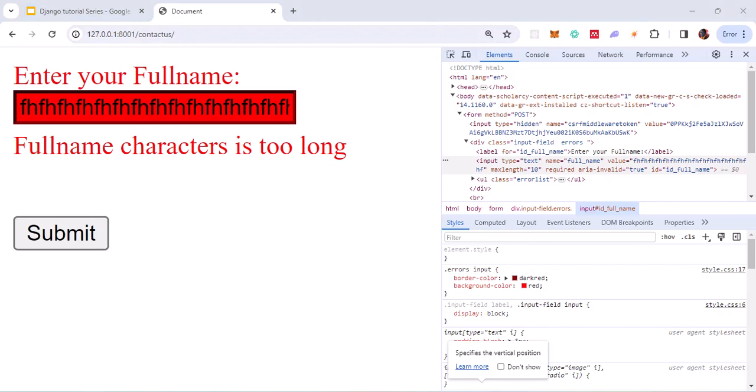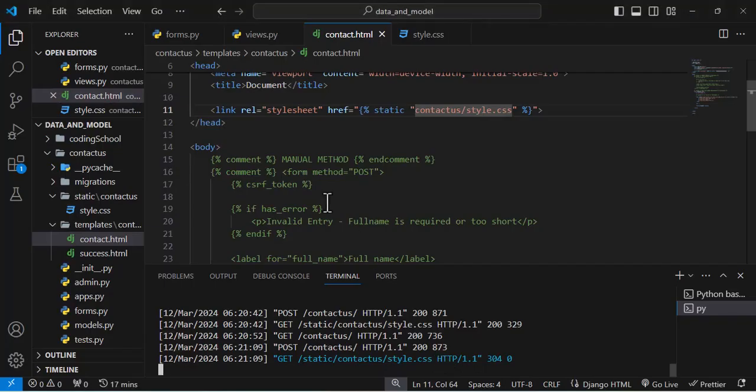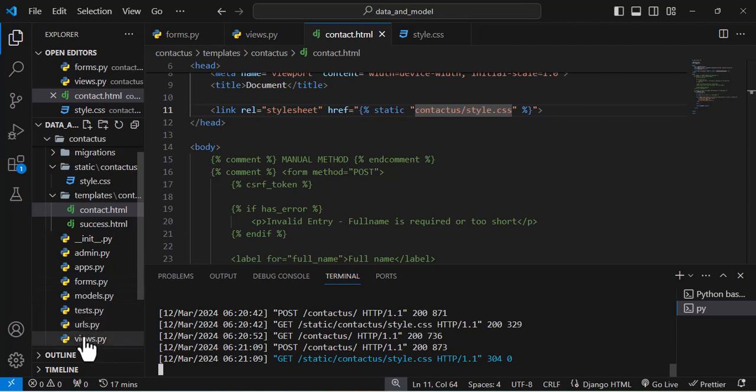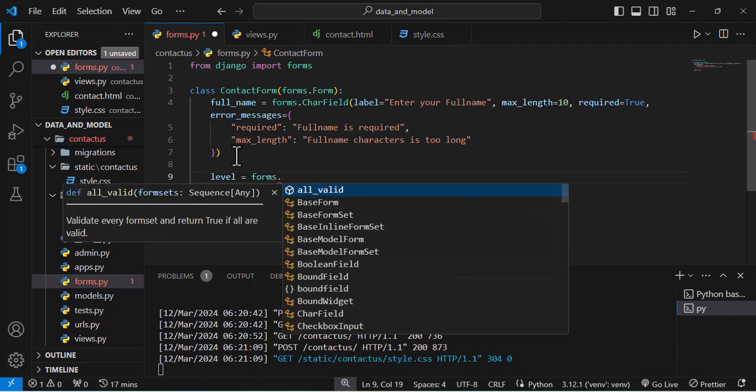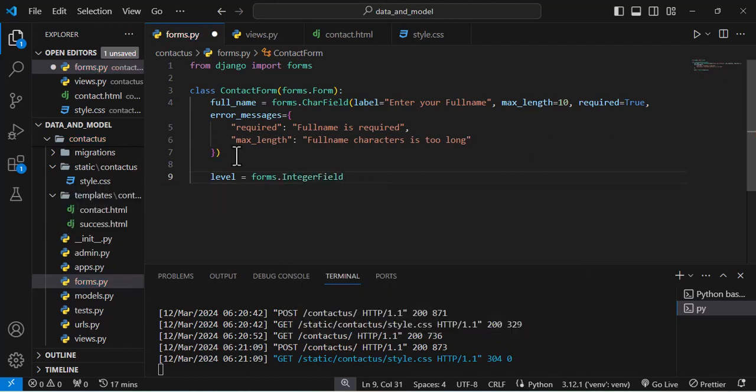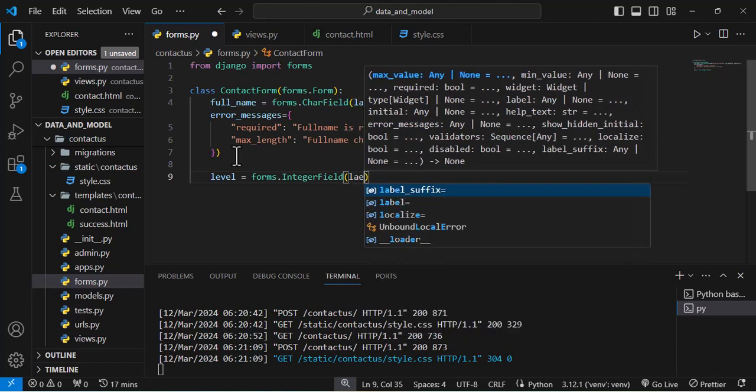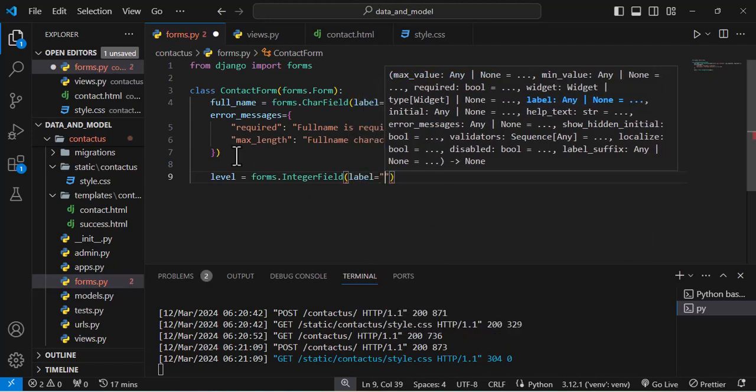So to add more fields, let's come to our forms.py, before we go ahead to push it to the database. Now that we have that, let's say we want to get the level of the students. Forms dot this level, let's say we have 100 level for year 1, 200 level for year 2, 300 level for year 3, and so on and so forth. So we are expecting an integer field, and this integer field